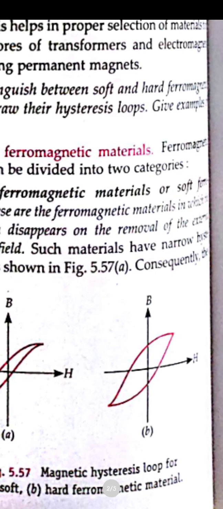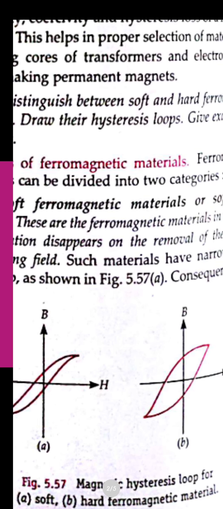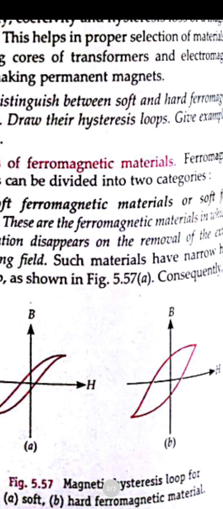Here is a ferromagnetic substance which has residual magnetism, or retains the magnetization, even after the external magnetic field is removed. So after the removal of the external magnetic field also, it will have some residual magnetism, that is, it has retentivity. So we can say that we are getting a wide loop, whereas in the earlier case we got a thin loop. Here the wider hysteresis loop is formed.